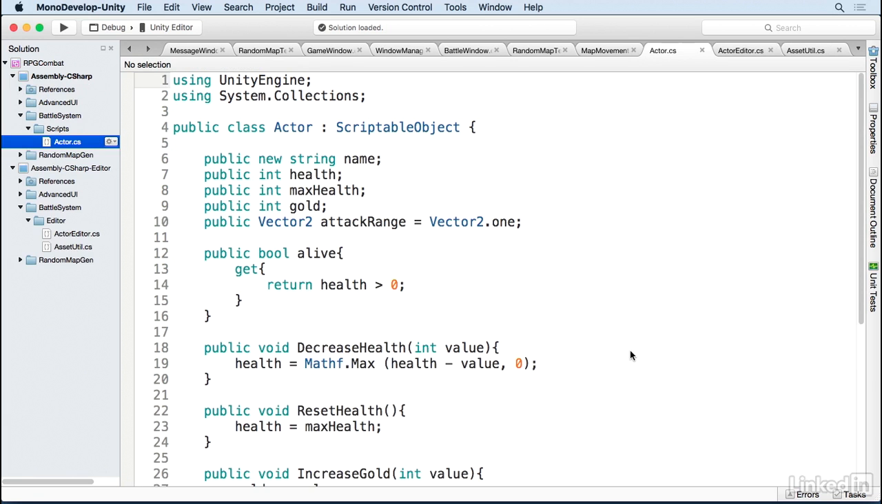Now, whenever we work with scriptable objects, we don't want to use the actual object that's inside of our asset folder. When we're inside of the Unity editor, sometimes you can corrupt the data by making changes to the scriptable object instance, and that will actually get saved back to the project. So inside of our game, we're going to want to create a clone of the actor and use that inside